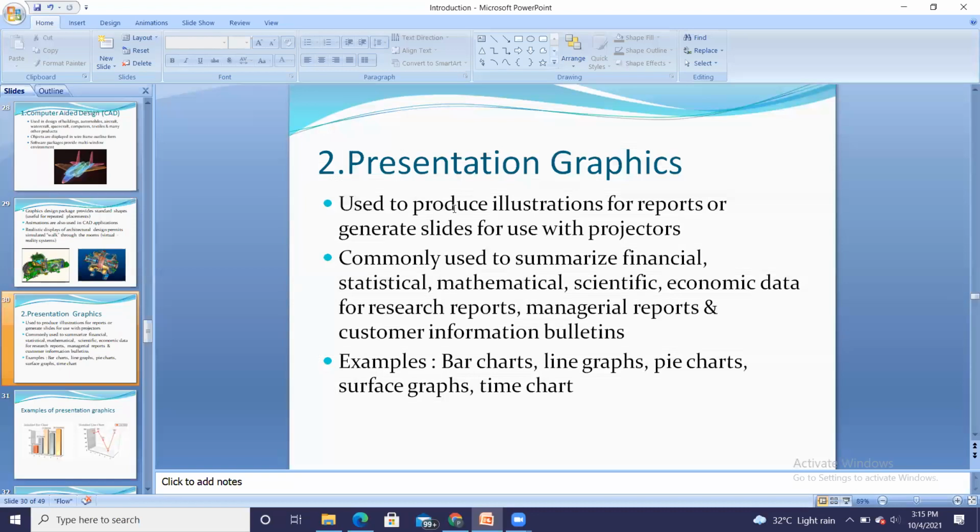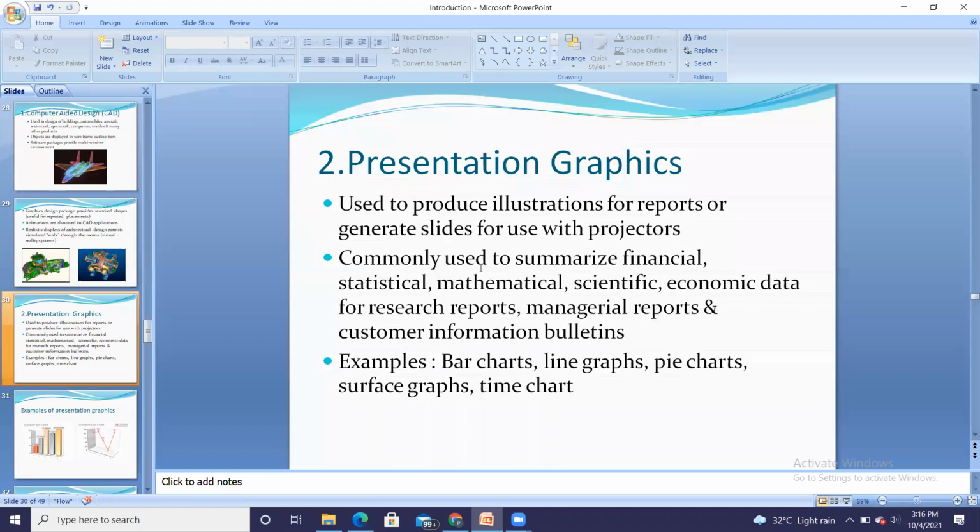Next is presentation graphics. Here it is used to produce illustrations for reports or generate slides for use with projectors. So we can generate different illustrations or make use of different slides in a presentation on projectors. It is commonly used to summarize financial, statistical, mathematical, scientific, and economic data for research reports, managerial reports, and customer information bulletins.